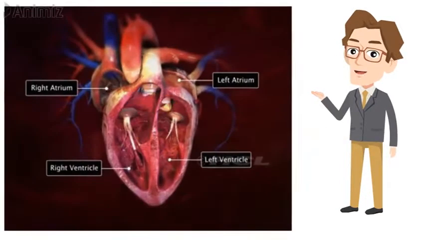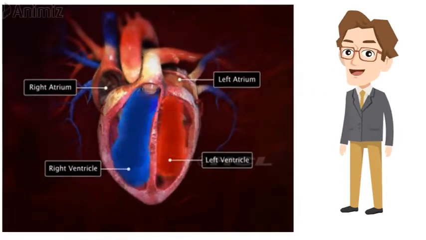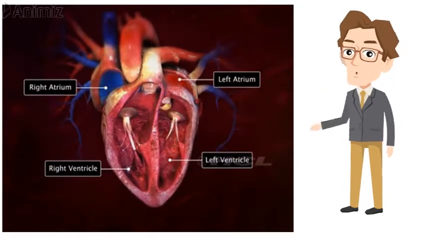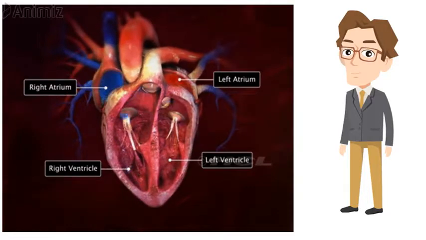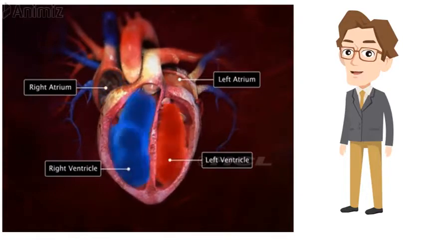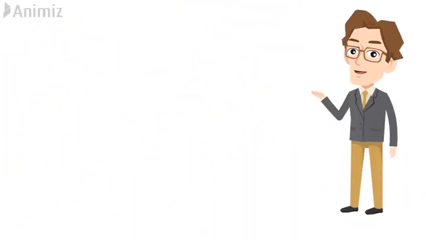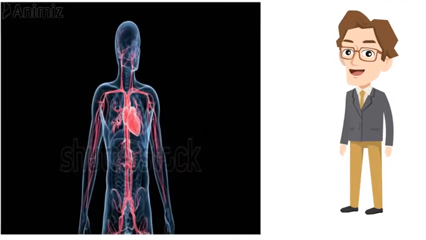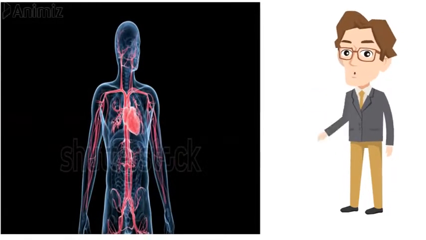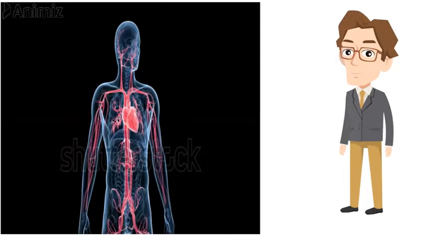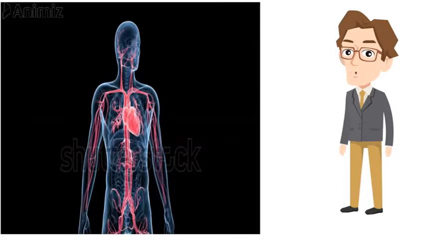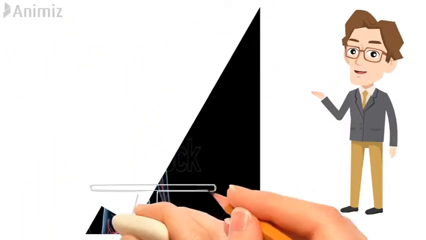Now see, as I was telling, when the heart is pumping, what it is doing is supplying the blood throughout your body, receiving the deoxygenated blood and supplying the oxygenated blood. So the blue color is deoxygenated and the red color is oxygenated blood. You can see the red color arteries, where the heart is pumping and supplying the blood throughout your body, right from your head to the toe. This is what is happening.